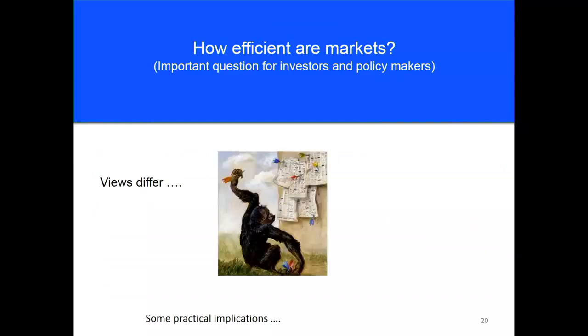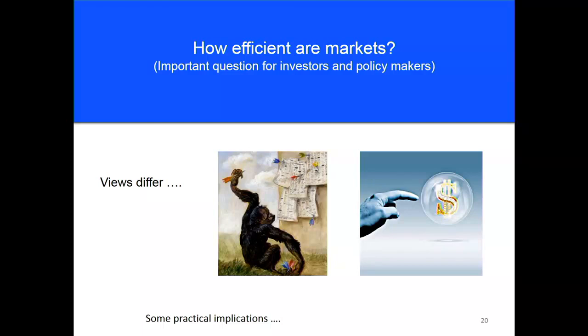There are two views. One is this notion that markets are efficient. If markets are efficient, there's not much point in you spending a whole lot of time on analysis. You might as well randomly select a group of stocks and invest in that random selection. Why bother doing it yourself? You can get someone, even an animal, to throw darts at the board and pick that selection. That'll be just as good as yours. It'll be random. On the other hand, you have people who think that markets are inefficient, and so prices can be unjustifiably high or too low, and you can have bubbles coming up.